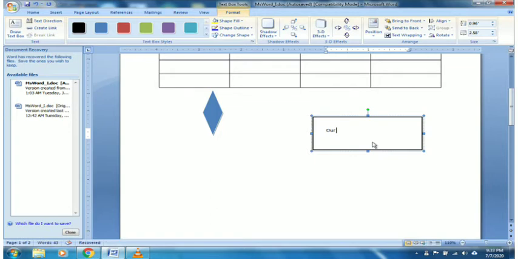Suppose I am writing something, you can write anything. Our first class on MS Word document processing